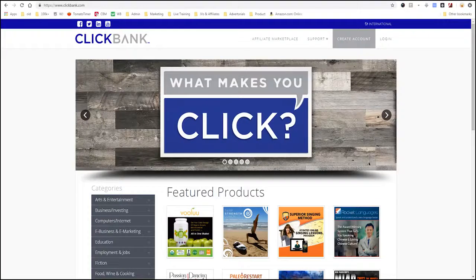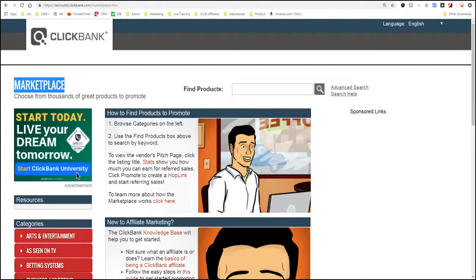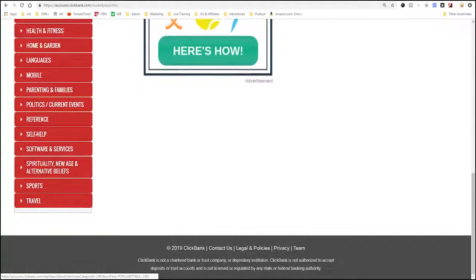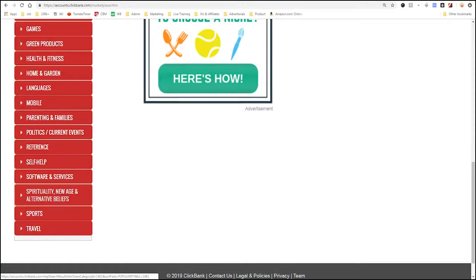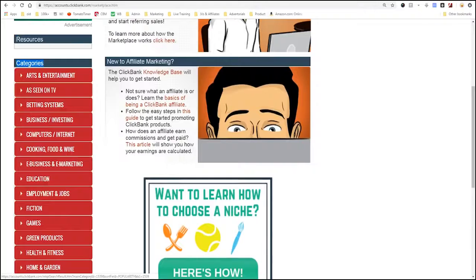So when we go into ClickBank, we go to clickbank.com, and we will go to the affiliate marketplace. You see that right here where my arrow's pointing. If we scroll down on the left-hand side, we'll see a bunch of different categories. Now, some of these can be considered verticals. I'd say the ones most commonly called verticals, some of these are small, but self-help, software, spirituality is a vertical, mobile is a vertical, languages is a vertical. A lot of these are considered verticals in affiliate marketing, education, and you can advertise them all if you want, but really most of the time people just pick one vertical to go in.